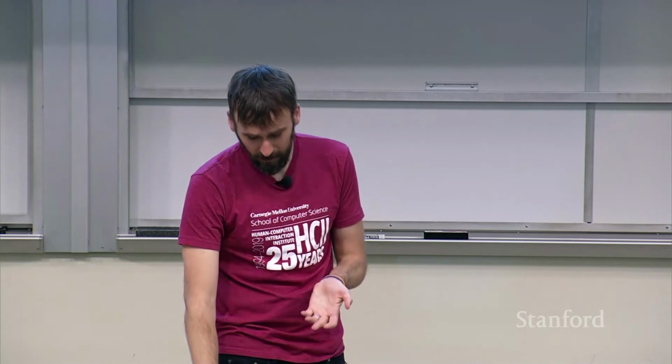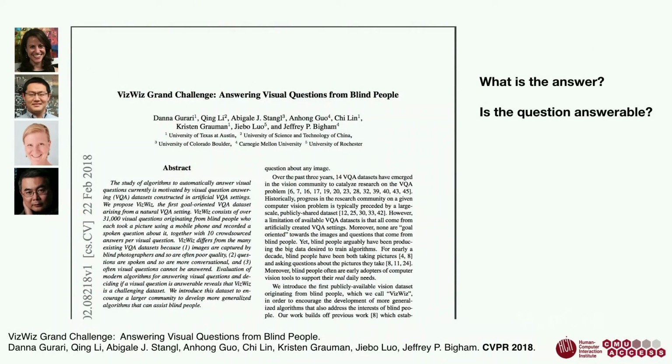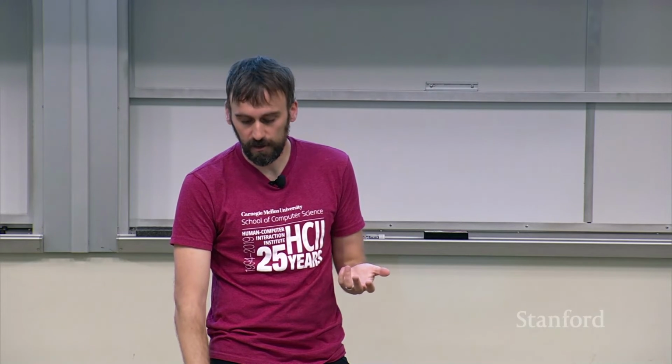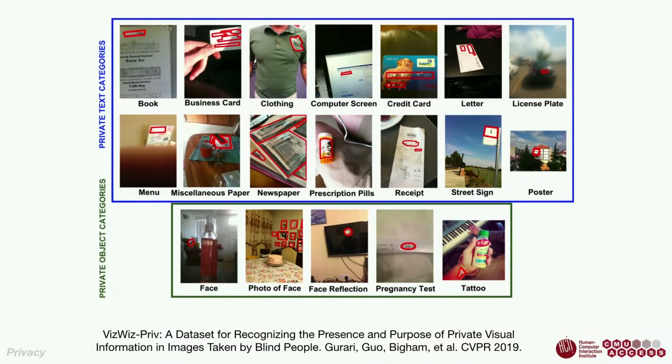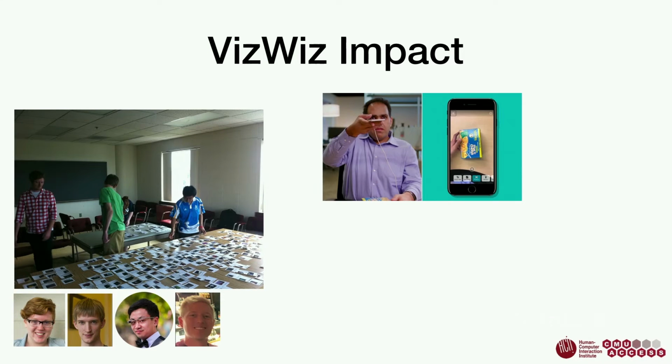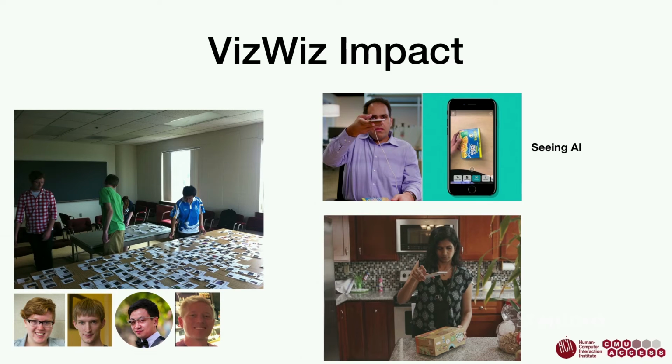We also realized that in preparing this data set, one of the challenges for making something like this work is helping people better understand whether they're revealing private information. And so we were able, again with a lot of work, to create a data set of images with private information stripped out, so that we could set up a second challenge: can you predict whether this image has private information in it or not? Kind of interesting. This ended up getting into a couple products. So Microsoft Seeing AI and Google Lookout used our data set in part to train their models.